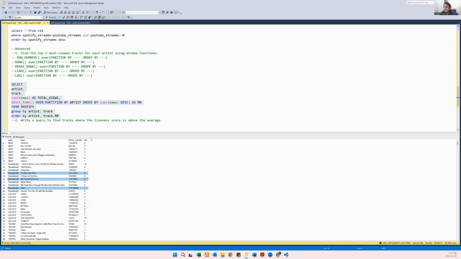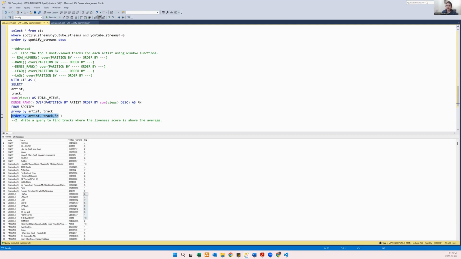So it provided the rank for each artist based on the number of views they had for all tracks. But they are asking for only the top three ranks, so that's why I'm going to do it with a CTE. I'm going to add this result set into a CTE so that I can work with a where clause again, or else it will be nested subqueries. It won't be very good to look at or easy to work with. So with CTE as